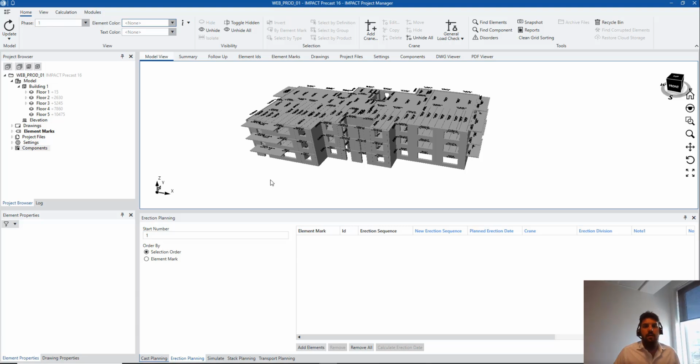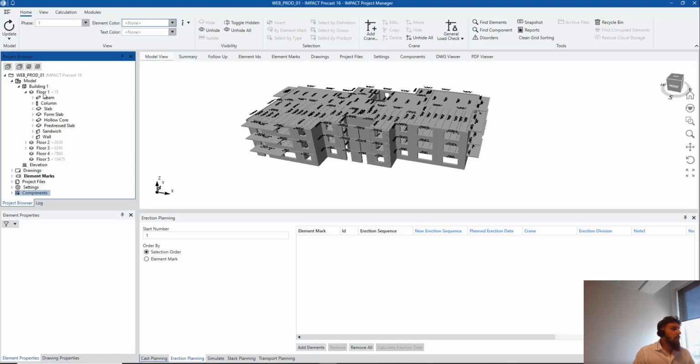The next part, erection planning. Why is erection planning important? Because erection planning helps us from the project management perspective, showing an initial way of producing the elements, of building the project. Building the project means delivering the elements, meaning that it will help a lot having a specific term on the things that we want to add. So floor 1, let's go to floor 1,